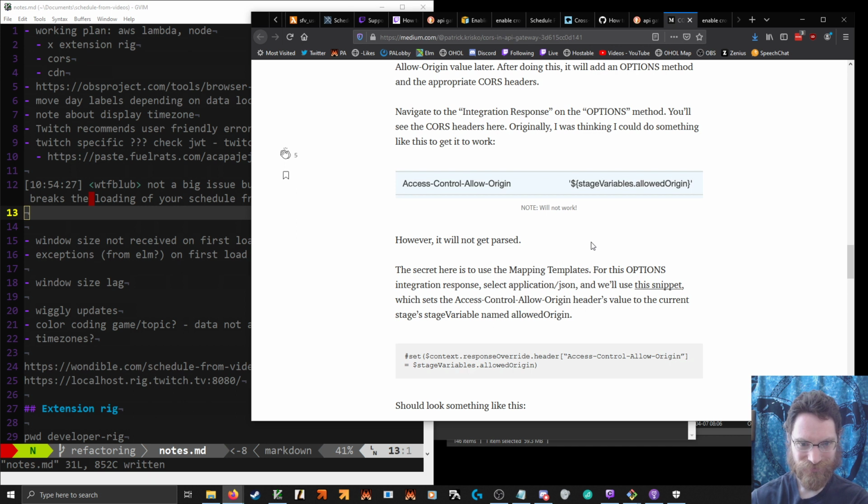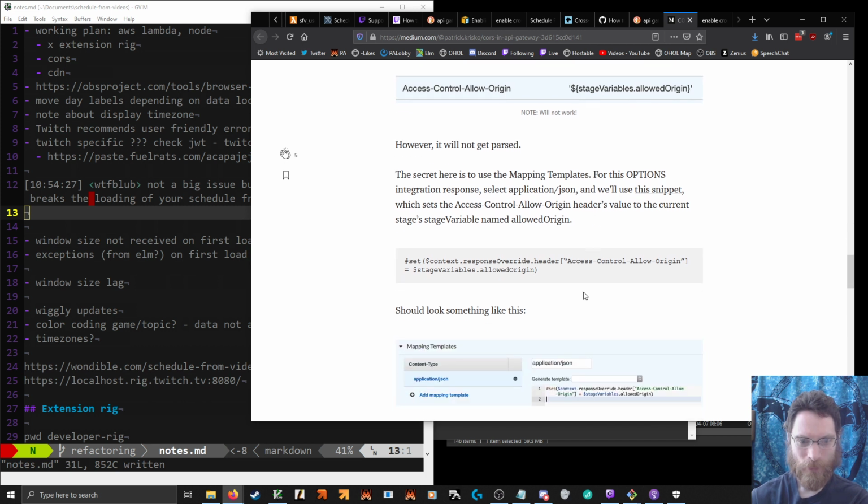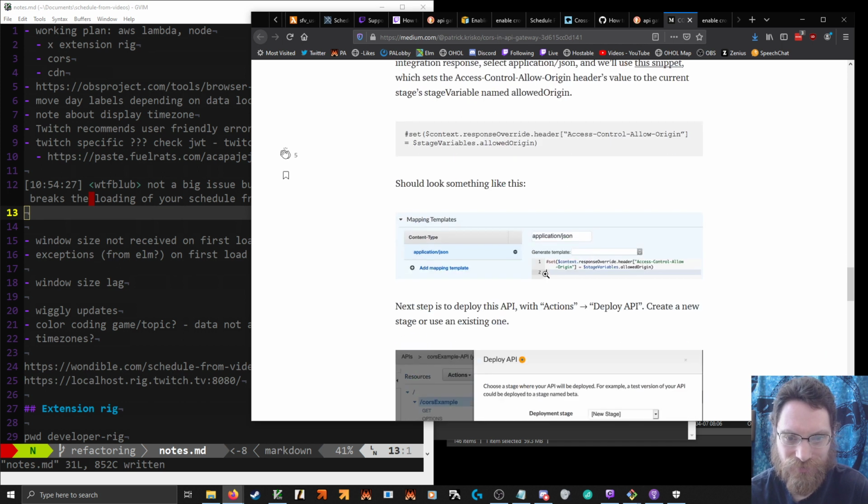Mapping templates. Context response override dot header. Template. All it does is set. Okay.